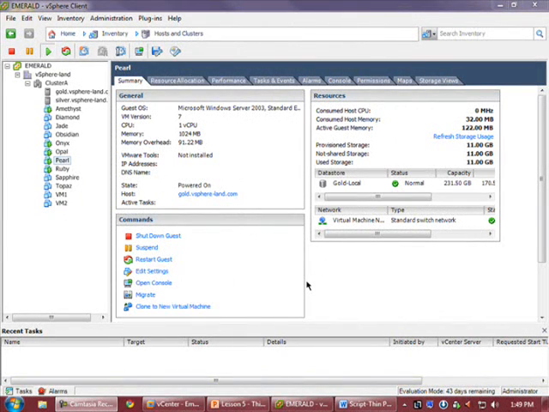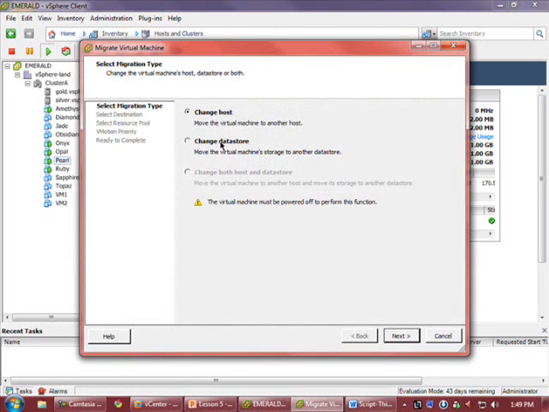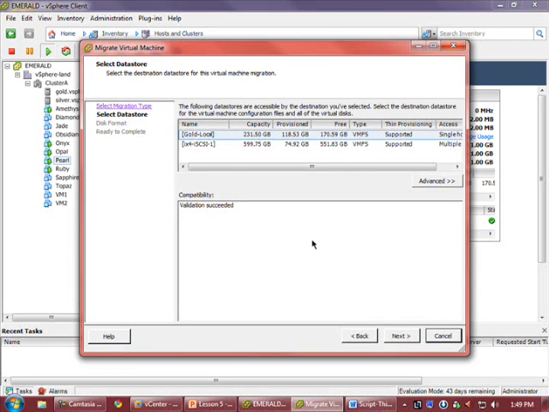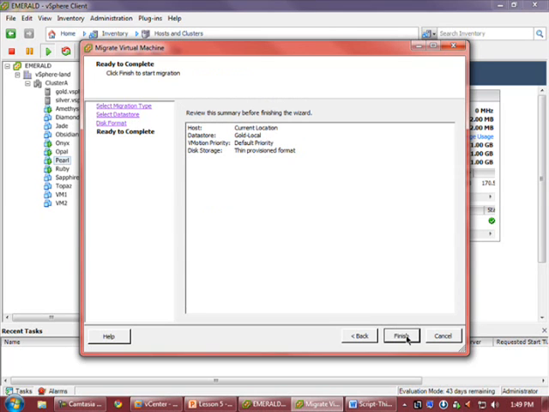Okay, here we're going to demonstrate how to convert a thick disk on a VM to a thin disk using storage vMotion. Now there is a catch to this, that you have to move the VM to another data store to convert it. Now we'll show you what happens if you keep it on the same data store. Select the VM, select Migrate, select Change Data Store, which does the storage vMotion, select Next. Now the VM is currently on this gold-local data store. If we leave it there and say Next, say Thin Format, and click Next, and click Finish,